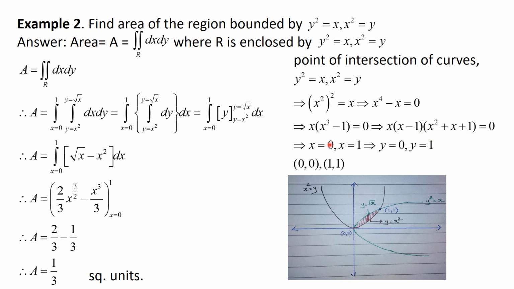Hence one root is x equal to 0, another root is x equal to 1, and the next two roots are in imaginary form, that is, irreducible over the real number system. So neglecting imaginary numbers, we have two values for x, x equal to 0 and x equal to 1. When we substitute x equal to 0, the value of y comes out as 0. When x is equal to 1, the value of y is equal to 1, and hence we get the points of intersection for the given two curves as (0, 0) and (1, 1).